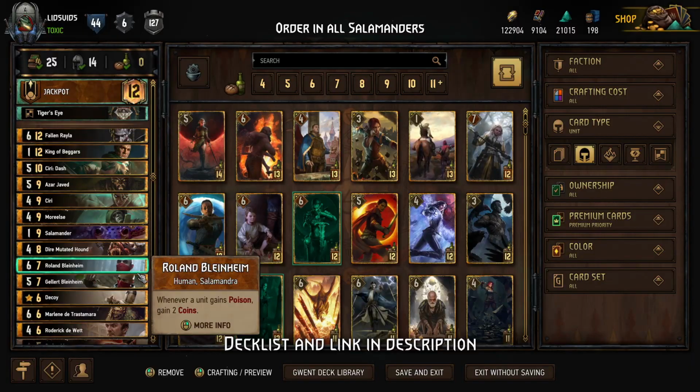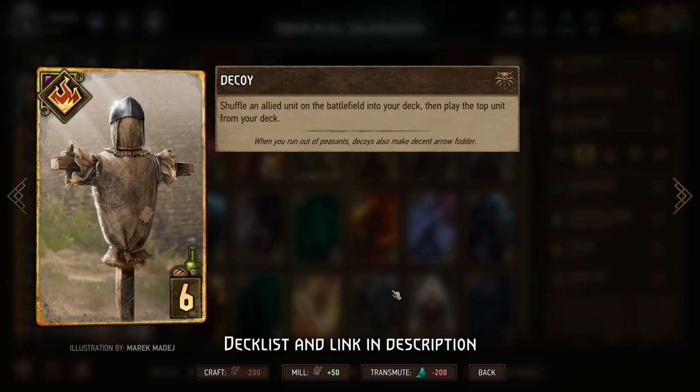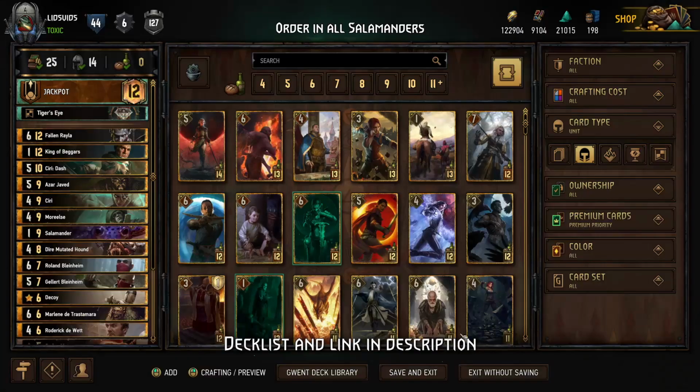when you use Decoy, you are guaranteed to replay the card that you use Decoy on, because when you shuffle the card back into your deck, it's the only unit that you have. So it is a cheap and easy way to get a second Salamander. That way you're poisoning every unit on the board now for a second time when you activate that Salamander's ability with a tribute. That way, almost, if not absolutely every unit on your opponent's side of the board gets poisoned